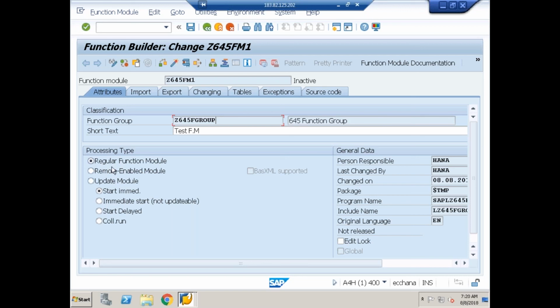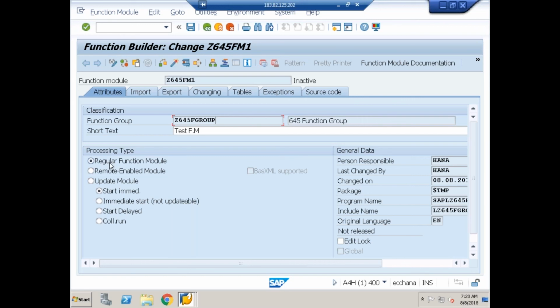If you are working in older systems, version 6.0 or less, instead of regular you will get normal function module, but the purpose is the same. So we need to decide what type of function module.